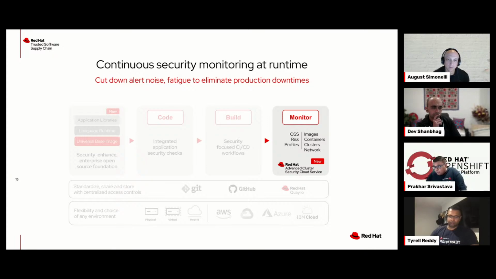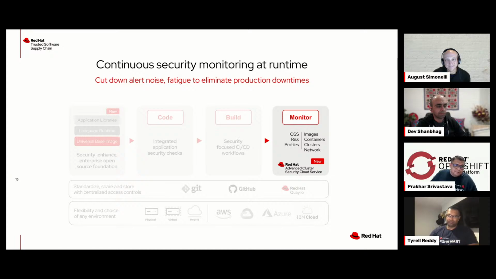So we have real-time monitoring. Our security is not just for post-deployment, we will be doing continuous security monitoring. We will always look out for any piece of software which has a vulnerability during the runtime of our applications. For that, we have a tool, Red Hat ACS, Advanced Cluster Security, which Tyrell will be showcasing in his demo. He'll show you how ACS is not just helping to scan the images and find vulnerabilities during deployment time, but also, once the application is already running, how ACS will scan and look for any new vulnerabilities which are coming in.